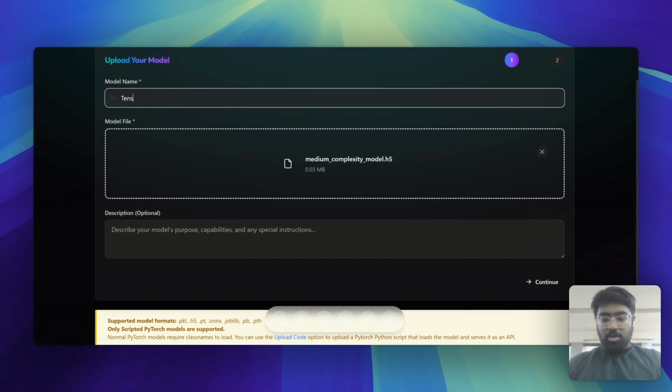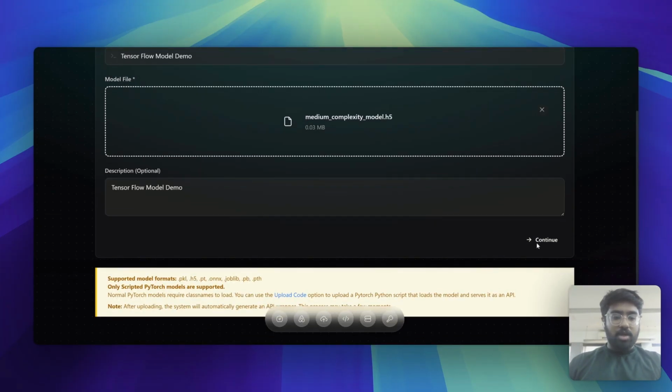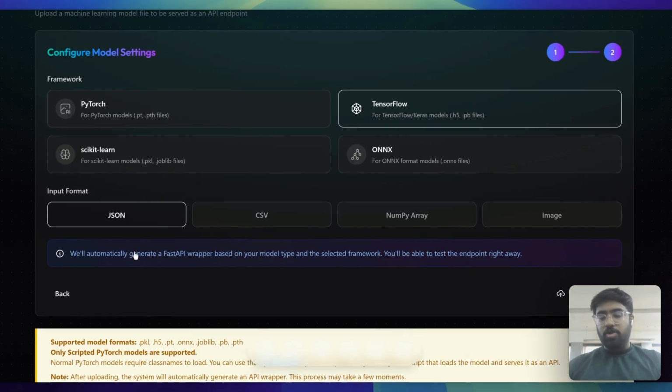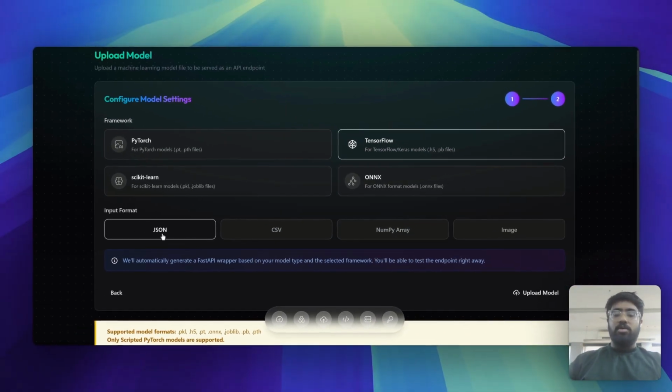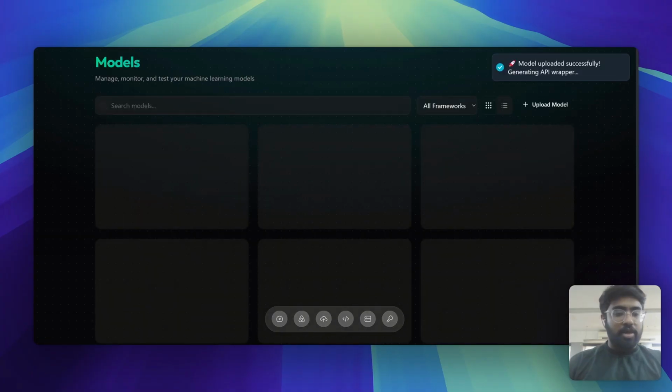So I'll just write TensorFlow model demo. You can give any name to the model. I'll also add some description. And once I've done that, I just have to click continue. Now it'll ask me what my framework is. I'll click on TensorFlow here, and what my input format is going to be. Since I'm going to use this API in a JSON format, I'll just click on JSON here, and I'll click on upload model. Now that I've clicked on upload model, it'll show me that the model is uploaded successfully,